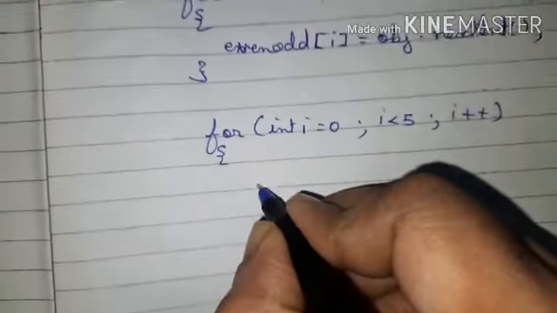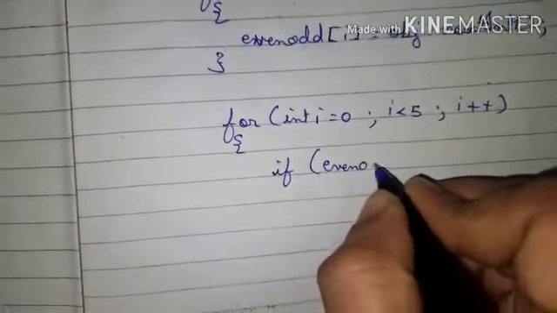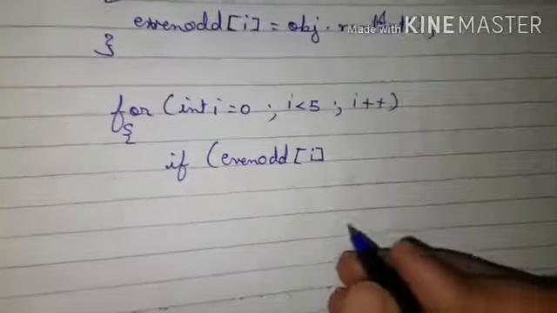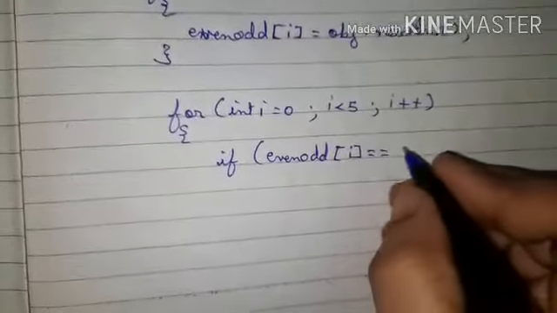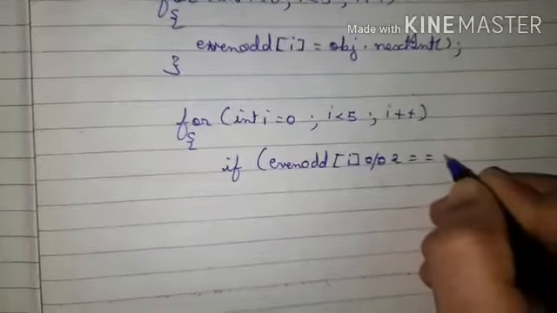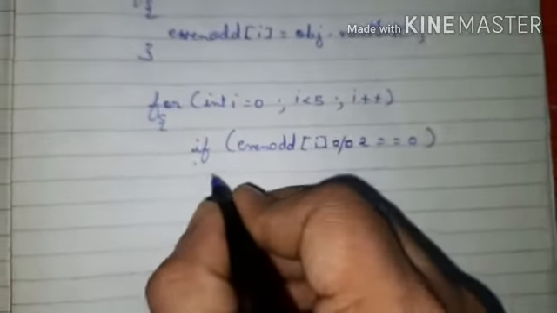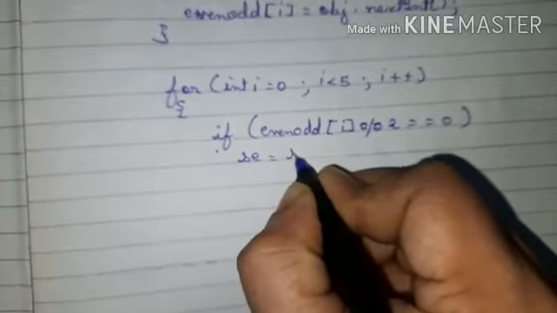So here I'll write if evenodd[i], because in my i position the value is there, modulo 2 is equal to 0. If the value is divisible by 2, then we'll find the sum of evens: se equal to se plus